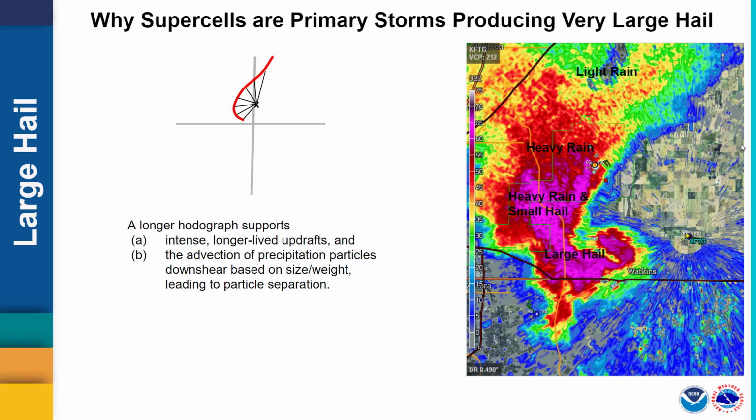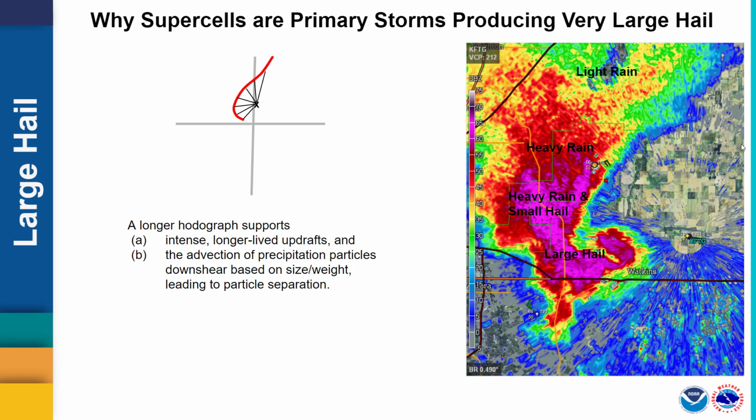From all this, it should be no surprise that supercells associated with longer hodographs represent the favored convective mode for large hail, especially golf ball size or larger. Whereas a short hodograph, as we might see in summertime pulse storm environments, would support hailstones descending within heavy rain. The greater shear profiles associated with longer hodographs support separation of smaller targets, that is raindrops, from the larger targets